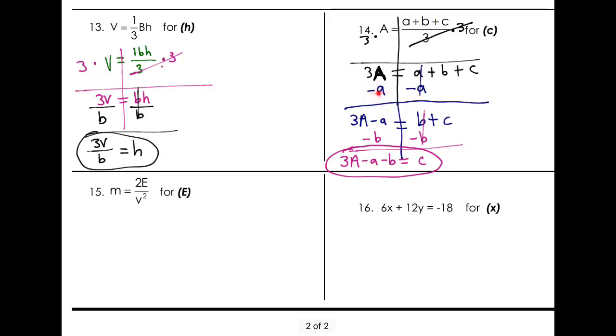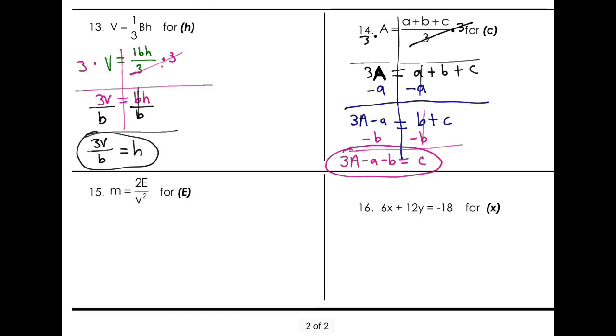Did the same thing on this side. That left us with 3A subtracted by a is equal to b plus c. We wanted to get the c by itself, so we took away a b from the positive b there, took away b from this side, and that left us with our answer of 3 capital A minus lowercase a minus